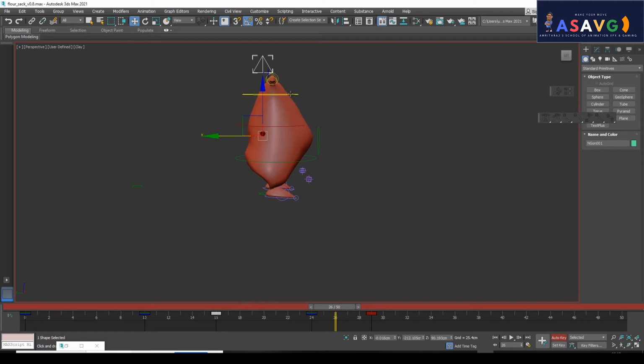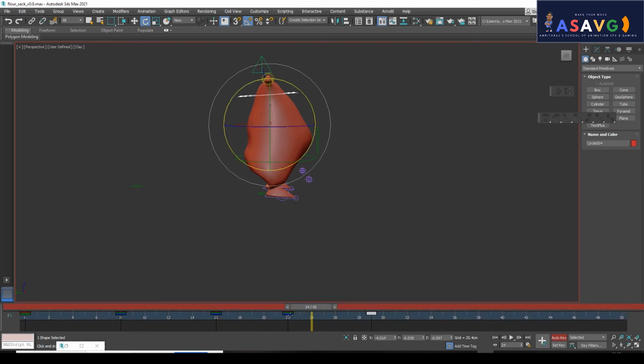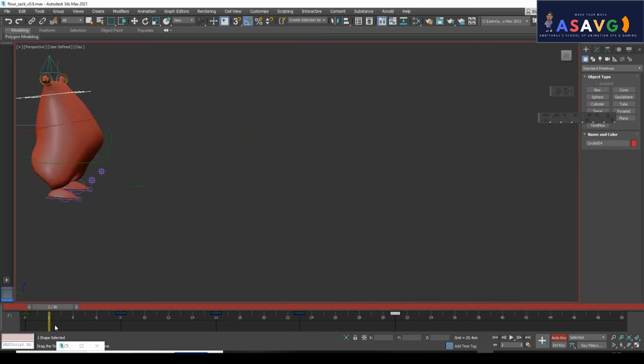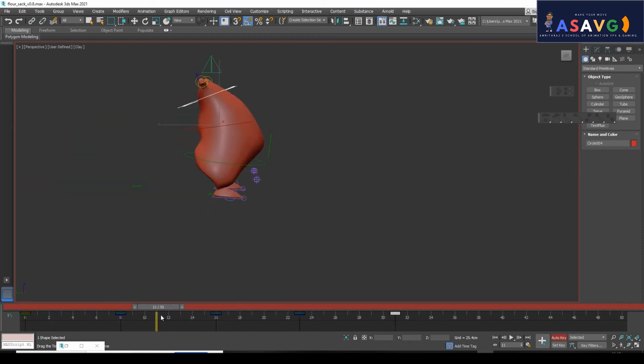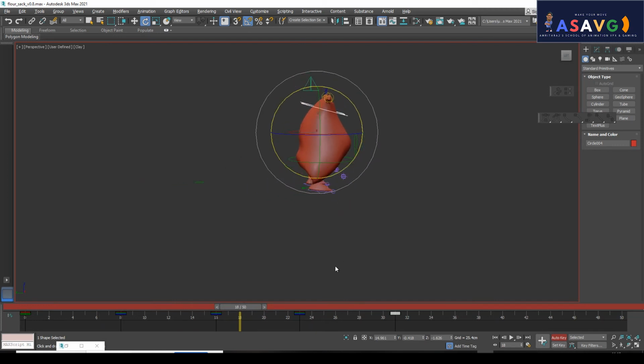I want follow through for this area also. So I will be working on this area also, moving him a little bit down, just a little bit of rotation for this one. Then he is settling, going down. So you can adjust the keyframes a little bit in time also. So this is how we will make a follow through animation. So we will be checking it.